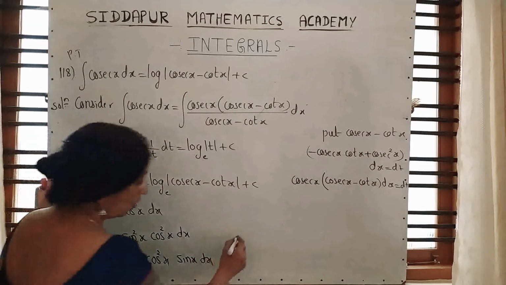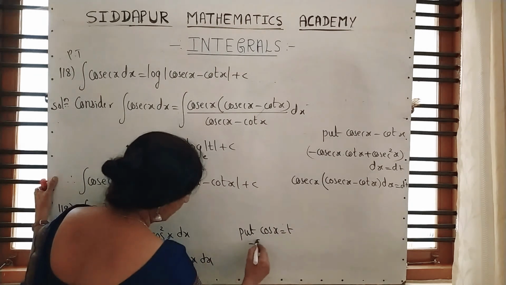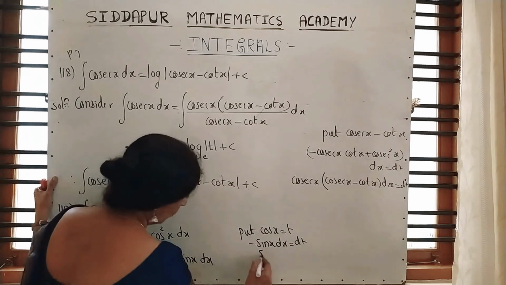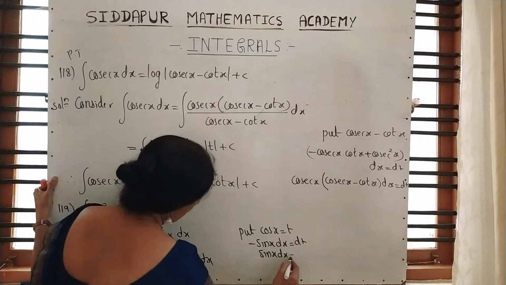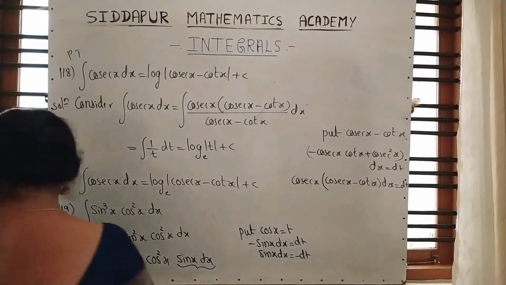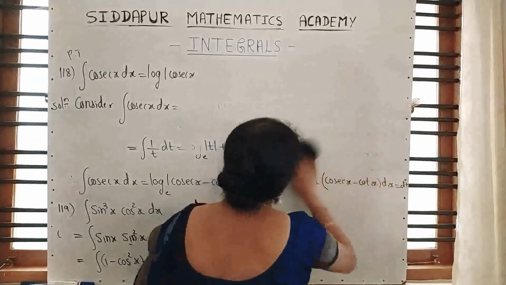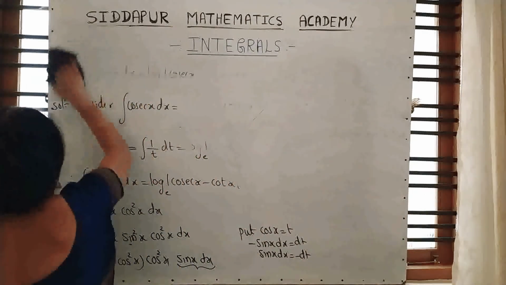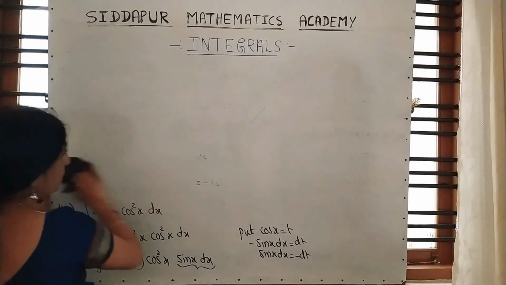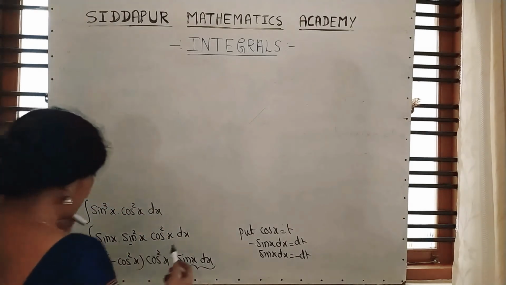Yes, I am writing cos x as t. Cos x is equal to t. Differentiation of cos x is minus sin x into dx, but we required only sin x. Sin x into dx is minus dt. This will be minus dt. Then, if you don't have the formula list of trigonometric formulas for first year, please watch my videos and get the formula list. Don't take a Xerox copy, just write it yourself.